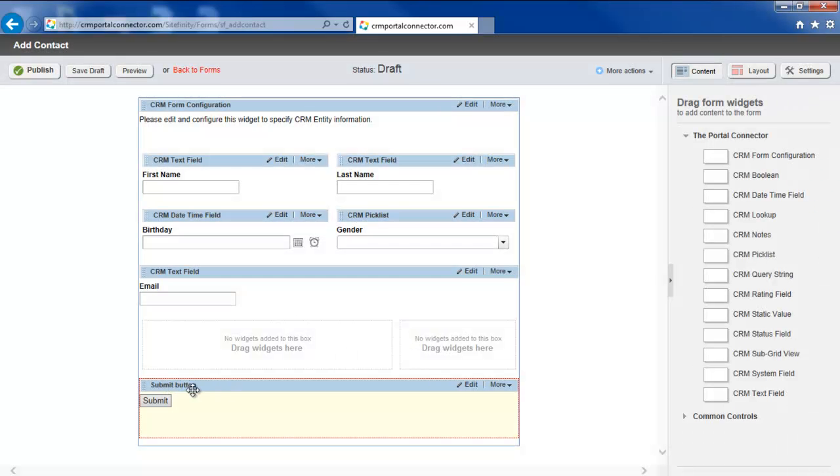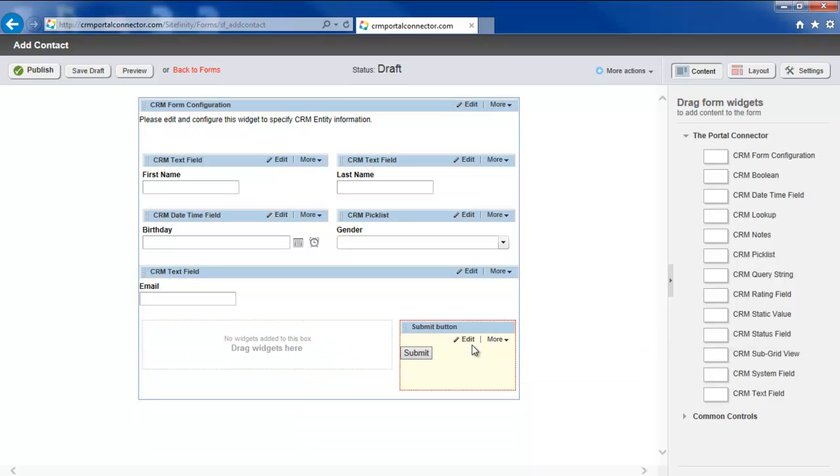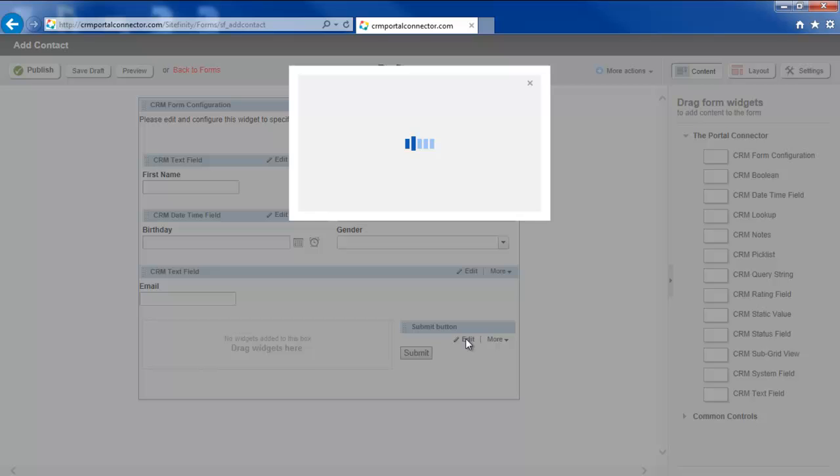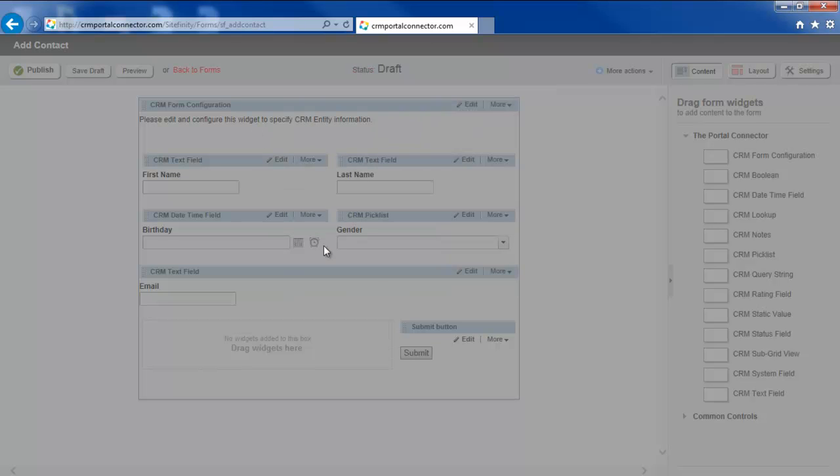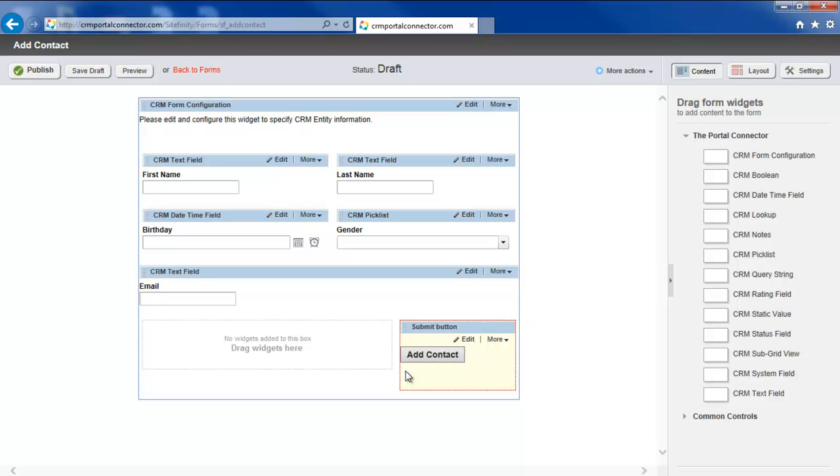And then finally, I've got the Submit button, which was automatically added to the form, and I'm going to drag it over here to the right, maybe make it a little bit bigger, change it from small to large, and I'm going to change the text to say Add Contact. And save. Now I've created my form,